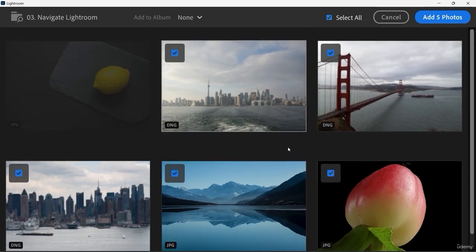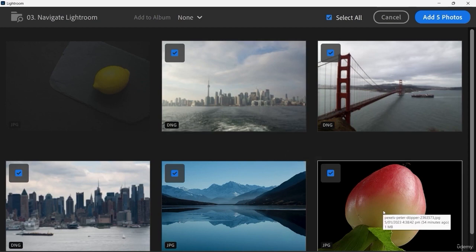At this point, you can also choose which photos you want to include. The files that you can import into Lightroom vary quite a bit in terms of format. You could have something like a JPEG, which is a fairly universal format. You could also have a TIFF file, a PSD file, which is a native Photoshop file. You could also have PNG files, and there are all sorts of different RAW files that you have the ability to